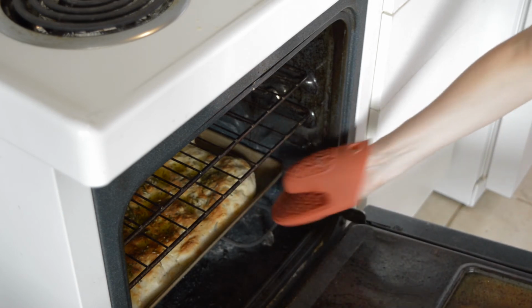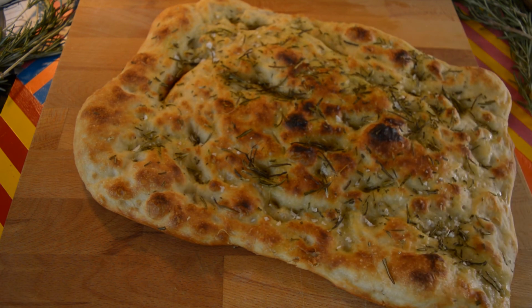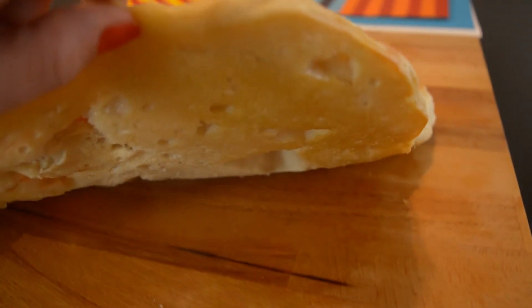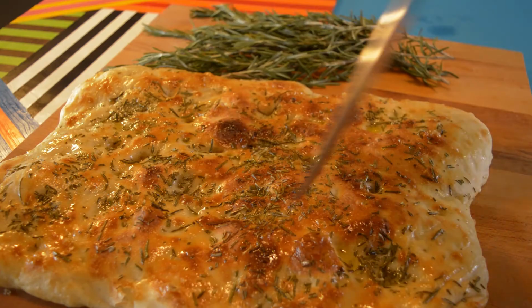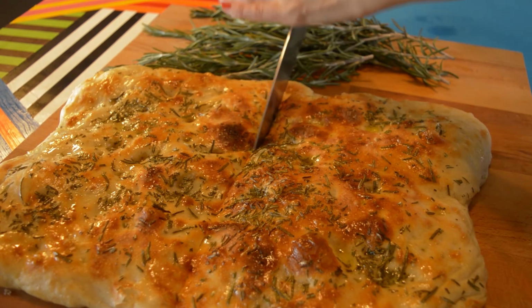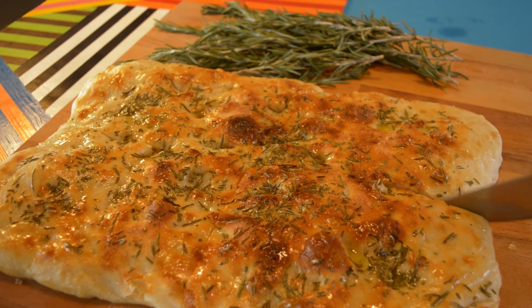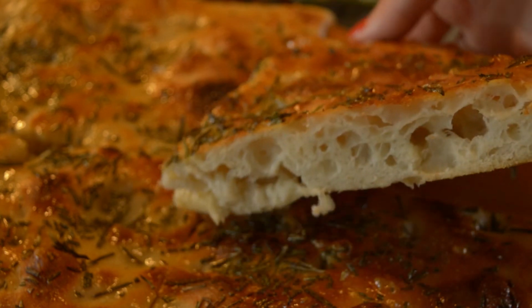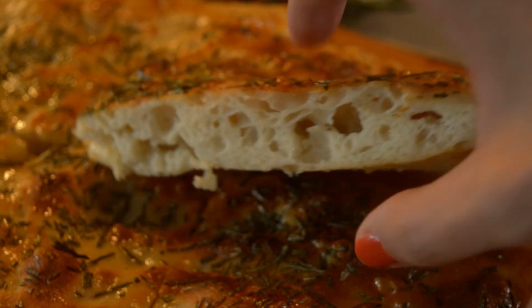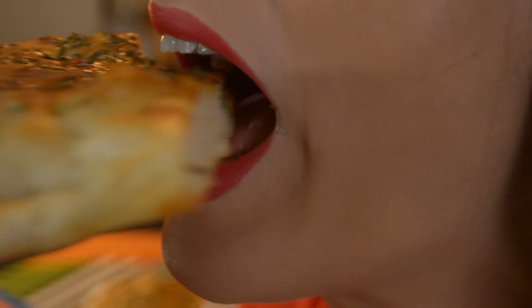And now the moment of truth. You most definitely can add more olive oil to it once it's done. Our focaccia has larger pockets that hold all the flavor and it's so soft and squishy. And the taste is